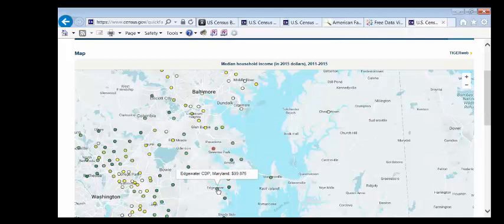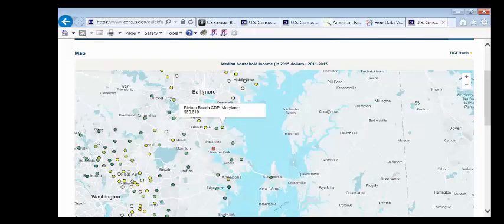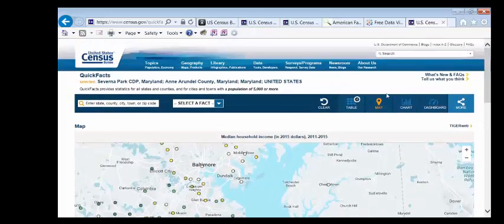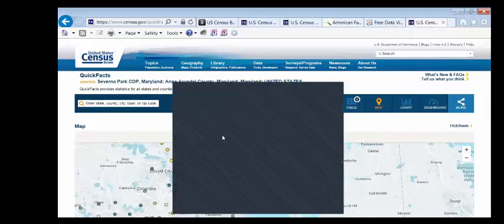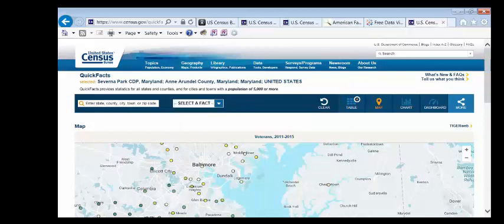So it's very easy to do, in other words, and much more intuitive and easy to learn than American Fact Finder is. I could change the measure that I wish to have featured on the map very easily as well. Let's say I wanted persons age 65 and over. That's actually not a good example because they won't have that data. Maybe I'll pick the